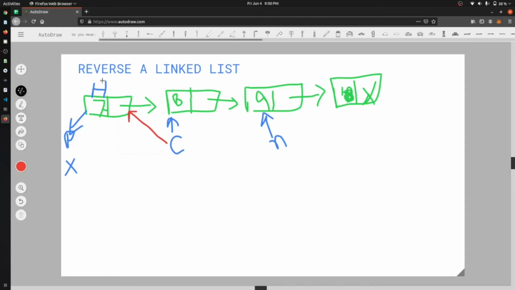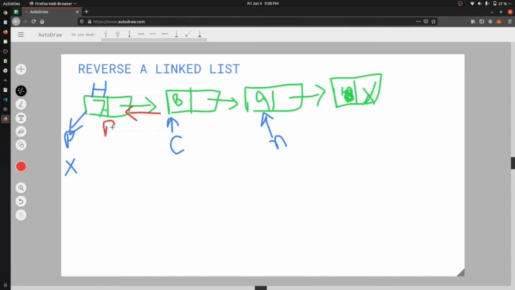We are not even supposed to look at the head, so we will look at the head at the last. Just focus on the red line. This has become the previous, and previous is the current. I missed a point: after pointing this, this is the previous, so this will not be previous but will point at null.